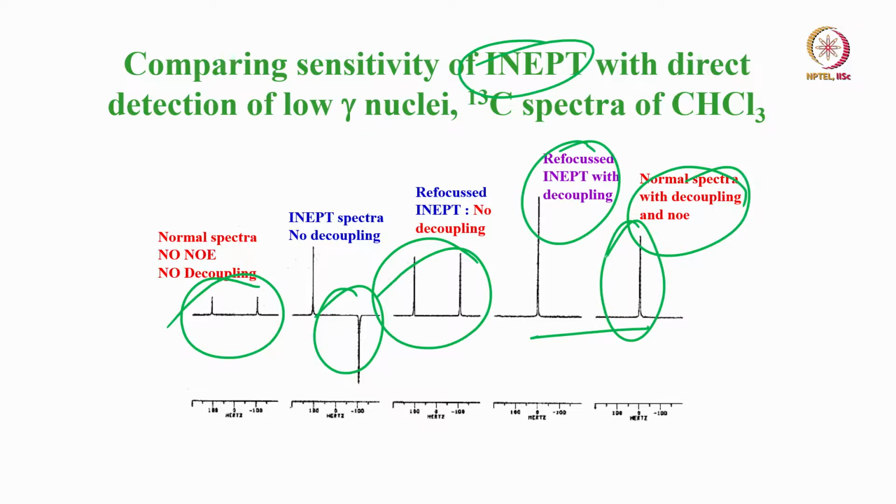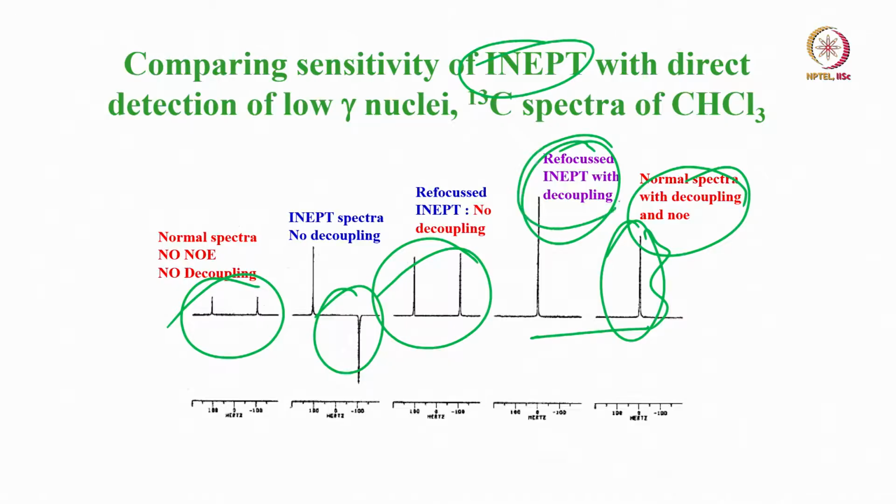When you do carbon 13 NMR, what you simply do is the decoupling experiment, with the decoupling power kept on all the time. As a consequence, there will be an enhancement in the signal intensity due to NOE, and in spite of that you get this signal. But now if you do refocused INEPT with decoupling, this is the intensity. You see the enhancement. This gives rise to enormous signal gain and reduces your experimental time drastically.